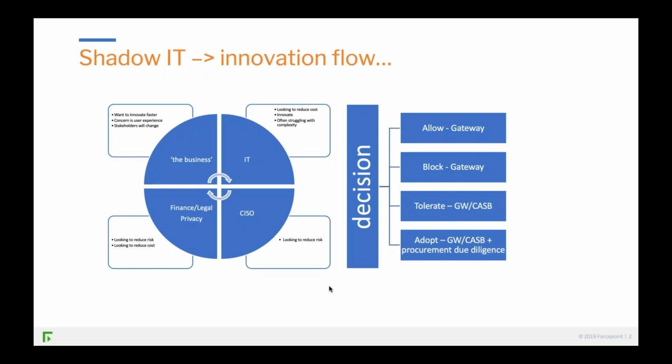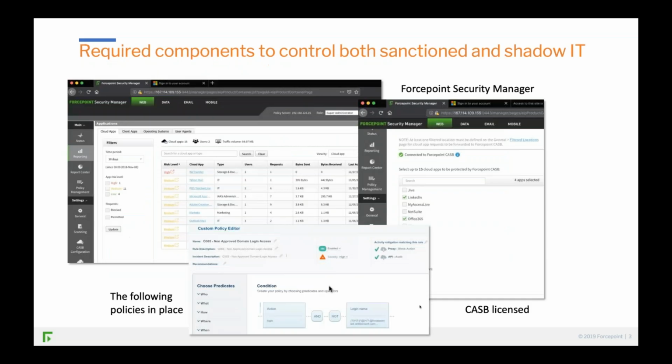And by the way, the adoption is not just a technical thing. If you see that people are using Slack, for example, as part of your business, and they have a legitimate purpose for it, it's not just as simple as saying, right, knock yourself out, lads. You have to go through appropriate due diligence to make sure that the contractual relationship that you have with Slack is from the business rather than from the users, for example. Procurement is important.